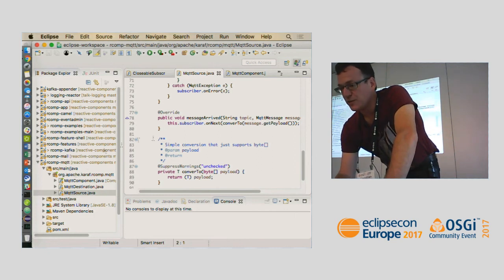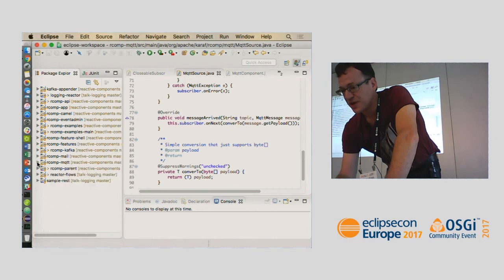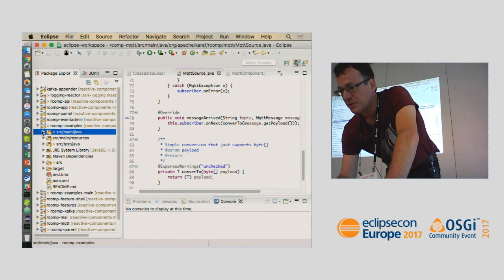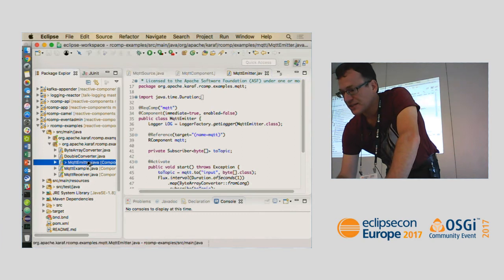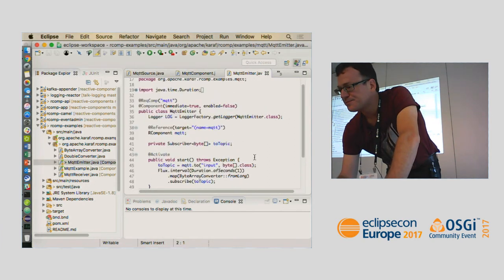So basically, what this does is implementing the spec, and this is how to use it. We just look into a small example. Like this is something that sends to MQTT. So as I described, you filter for name MQTT. You can also say this component requires MQTT.